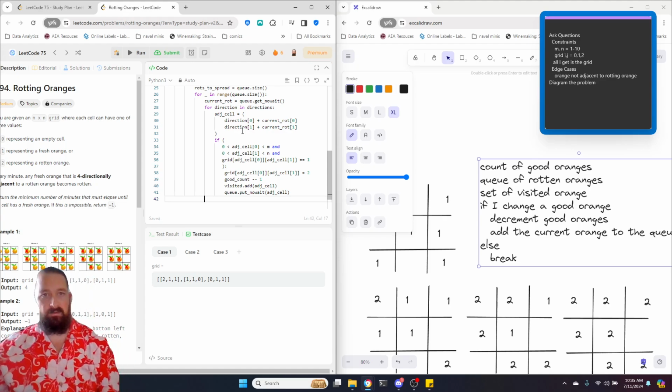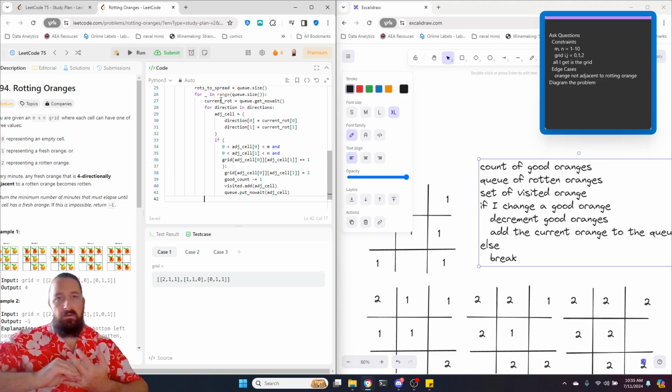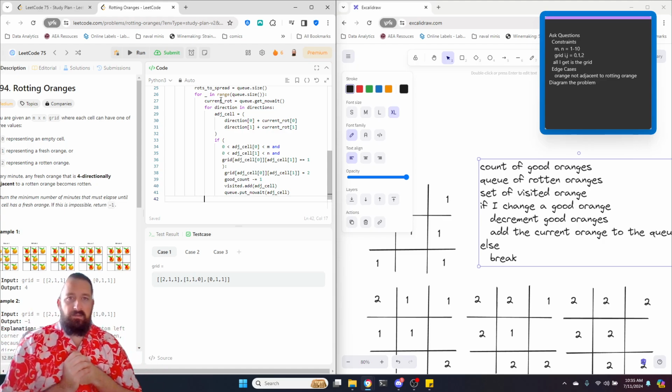All we do is pick a direction. If it's a good orange, we change a bunch of things. If it's rotten, nothing else matters. If it's empty, nothing else matters. Okay, so current rot gets some directions, does all those things, goes back. We get through all of the size for that leg of the queue, and then